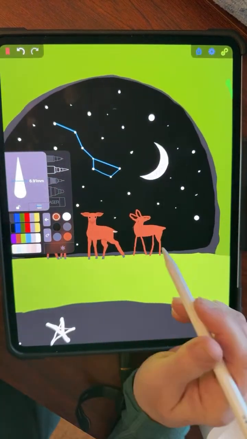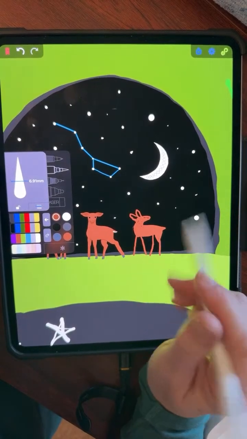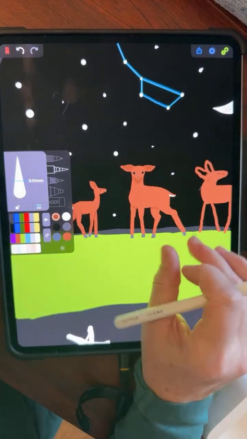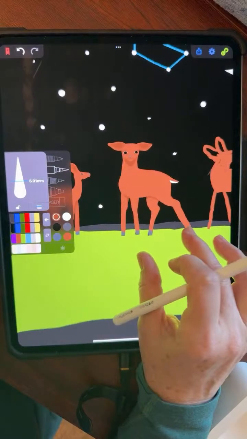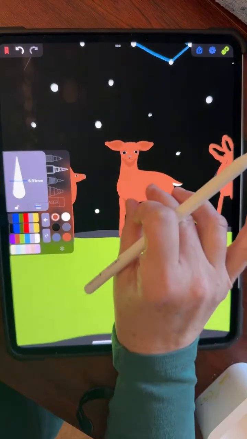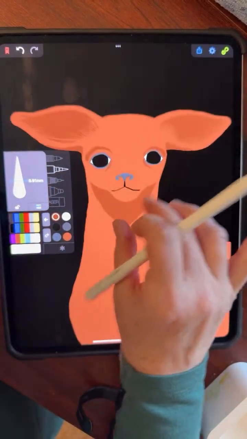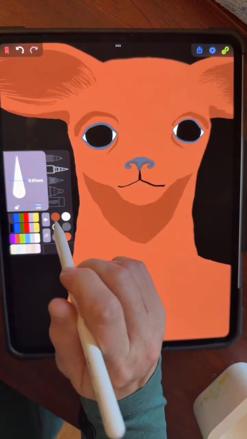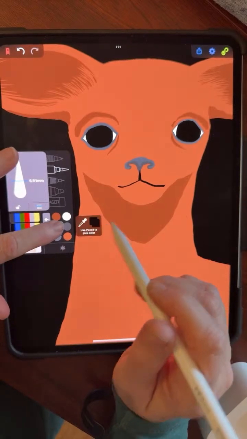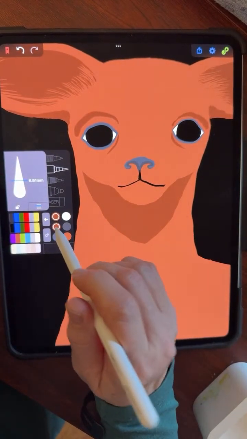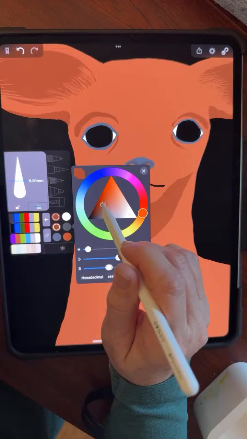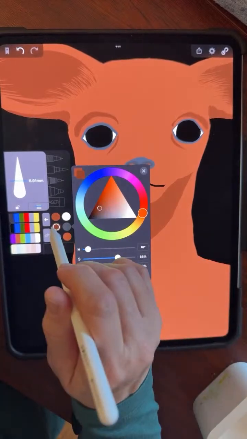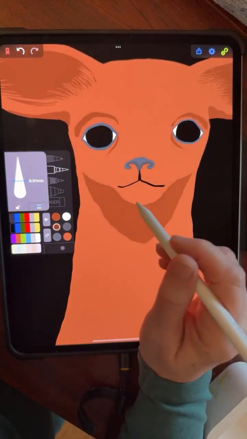I still have this deer to do, so I'll end up having to make a palette to do him. I'm probably not going to finish that deer today, but I am feeling like I could go one shade darker here. So let me go over to the black. I'm going to choose this color, and then I'm going to open up the circle and make it just a little bit darker. So now I've got a really dark